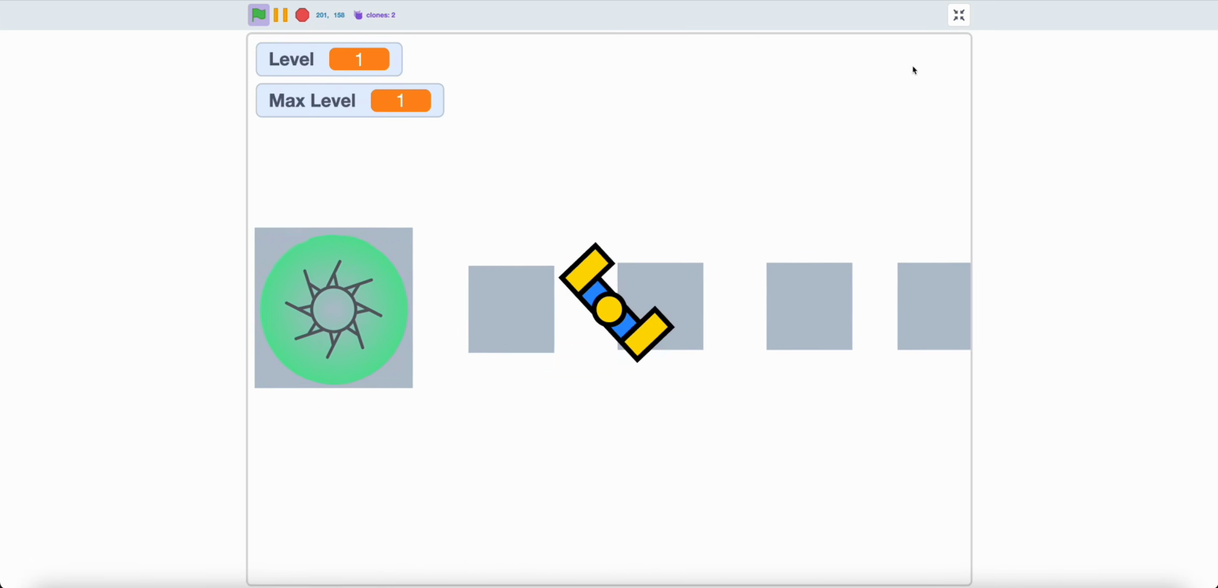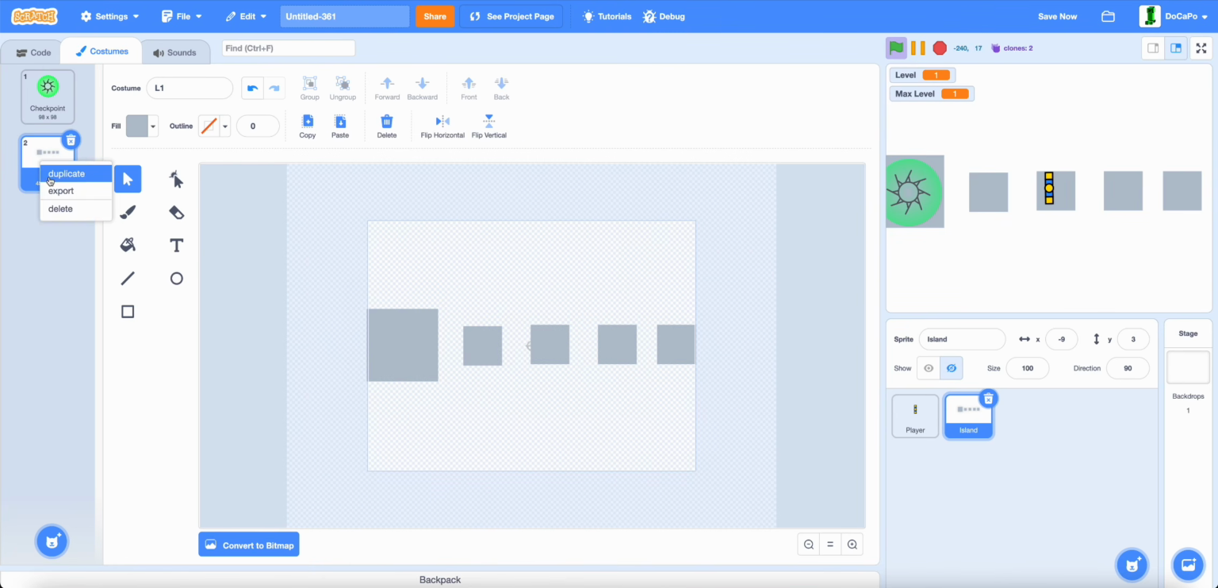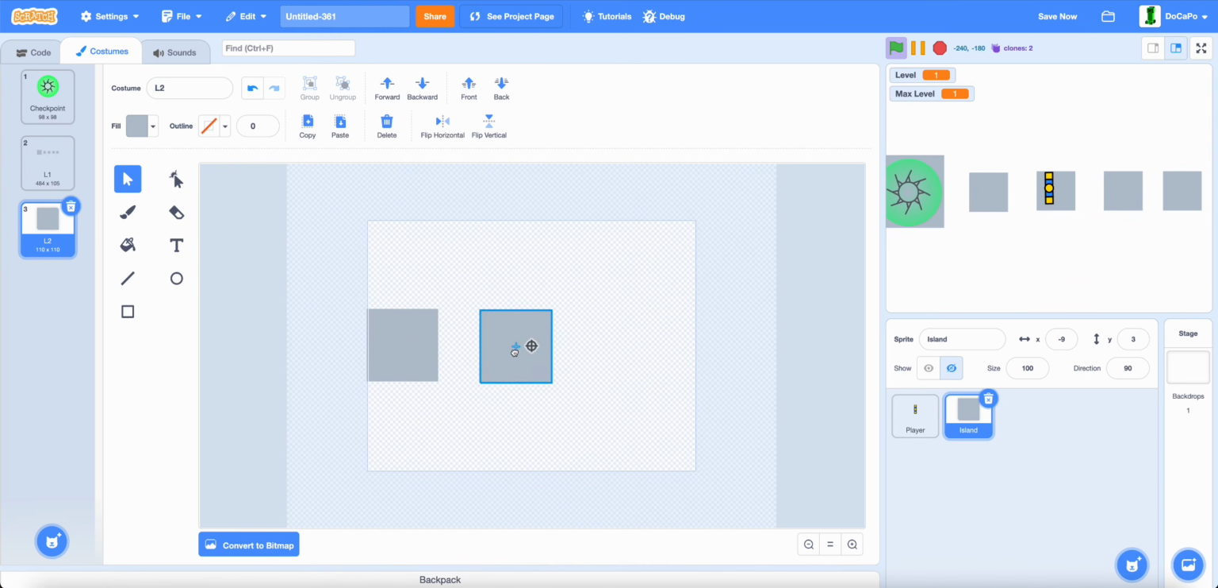Now, for kill bricks, instead, duplicate it, it'll automatically change the level name, and you can create as many levels as you want. But now for the kill brick,